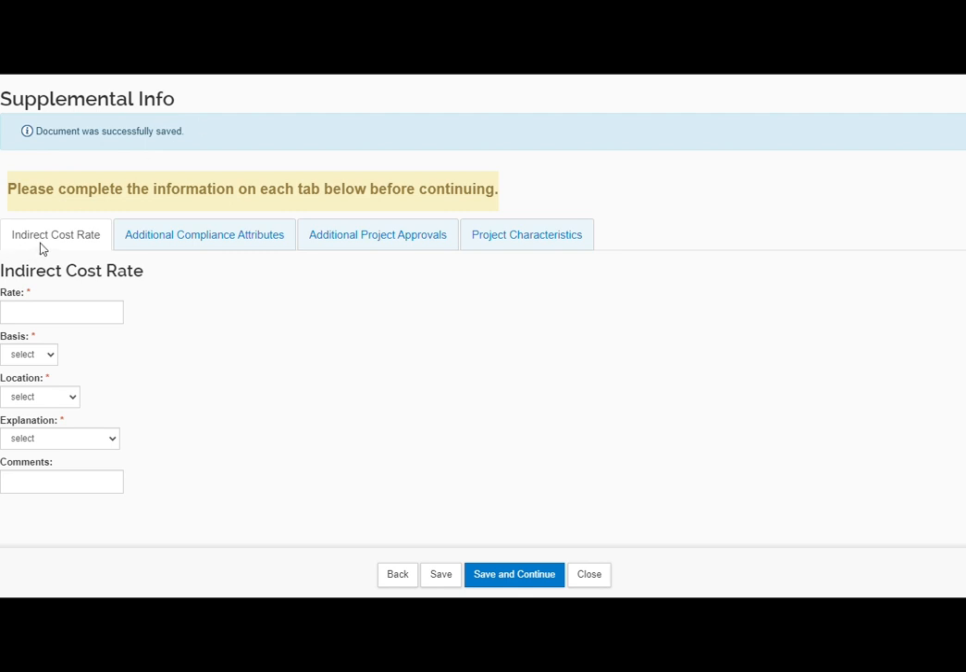The first subtab is the indirect cost rate. Whatever rate is in your budget is what will apply. The full rate is 41.2 for on-campus activities. If you are doing the majority of your activities off campus, that rate would be 17.8 until the end of